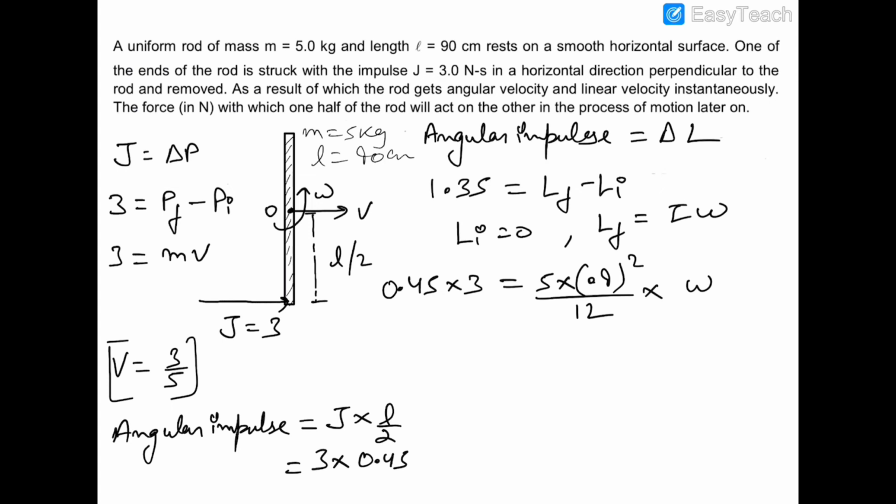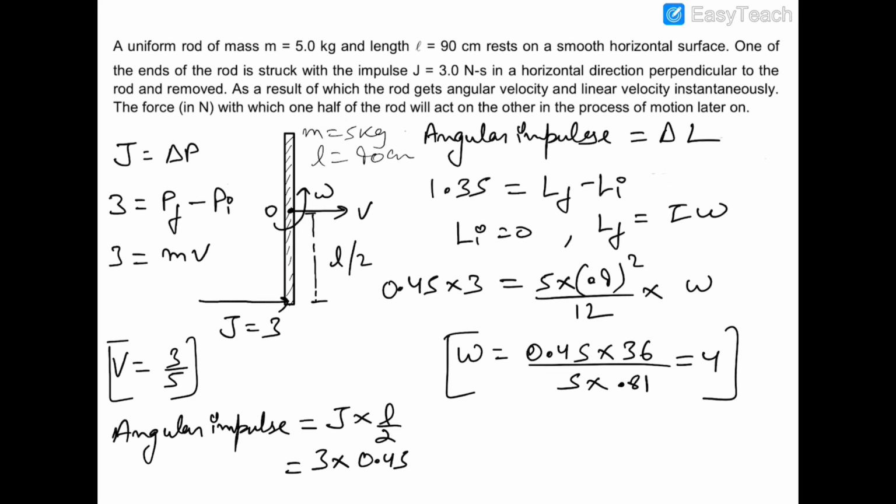So this omega would be equal to 0.45 into 36 divided by 5 into 0.81. So it is equal to 4. So omega is equal to 4, and this rod